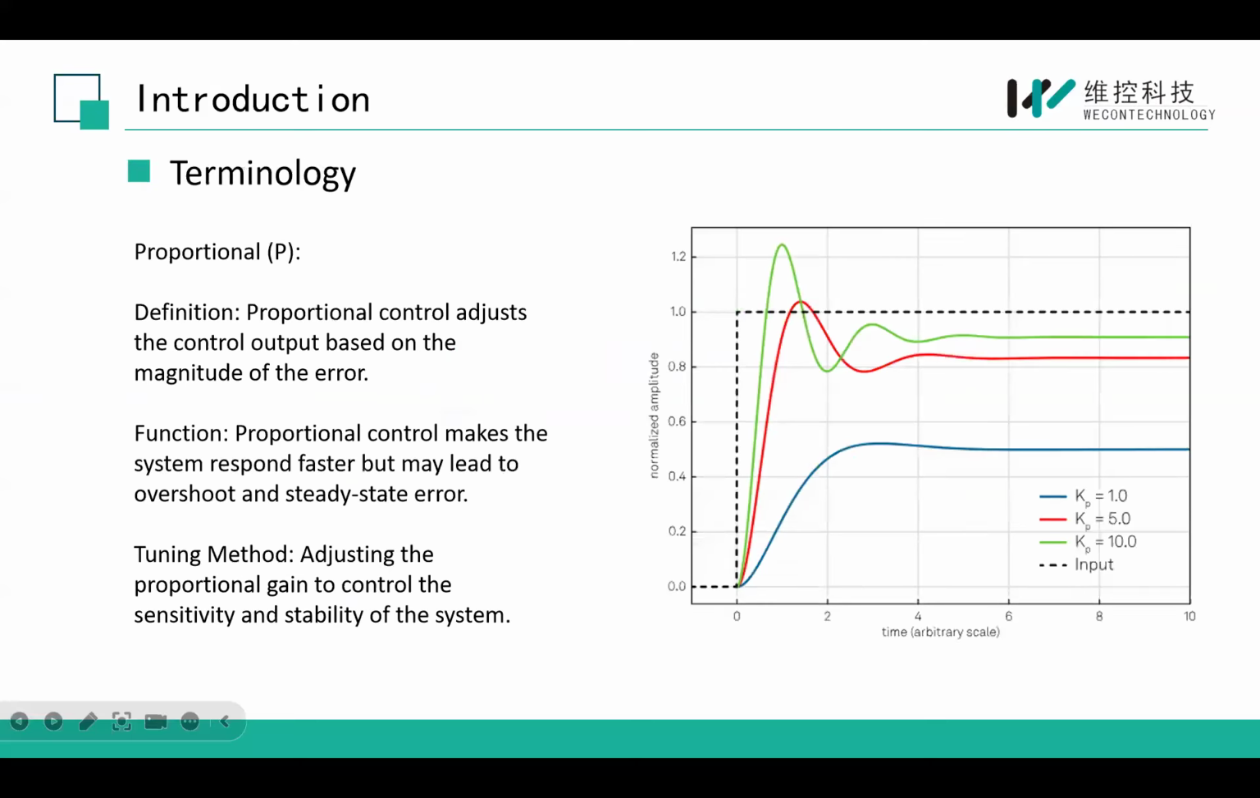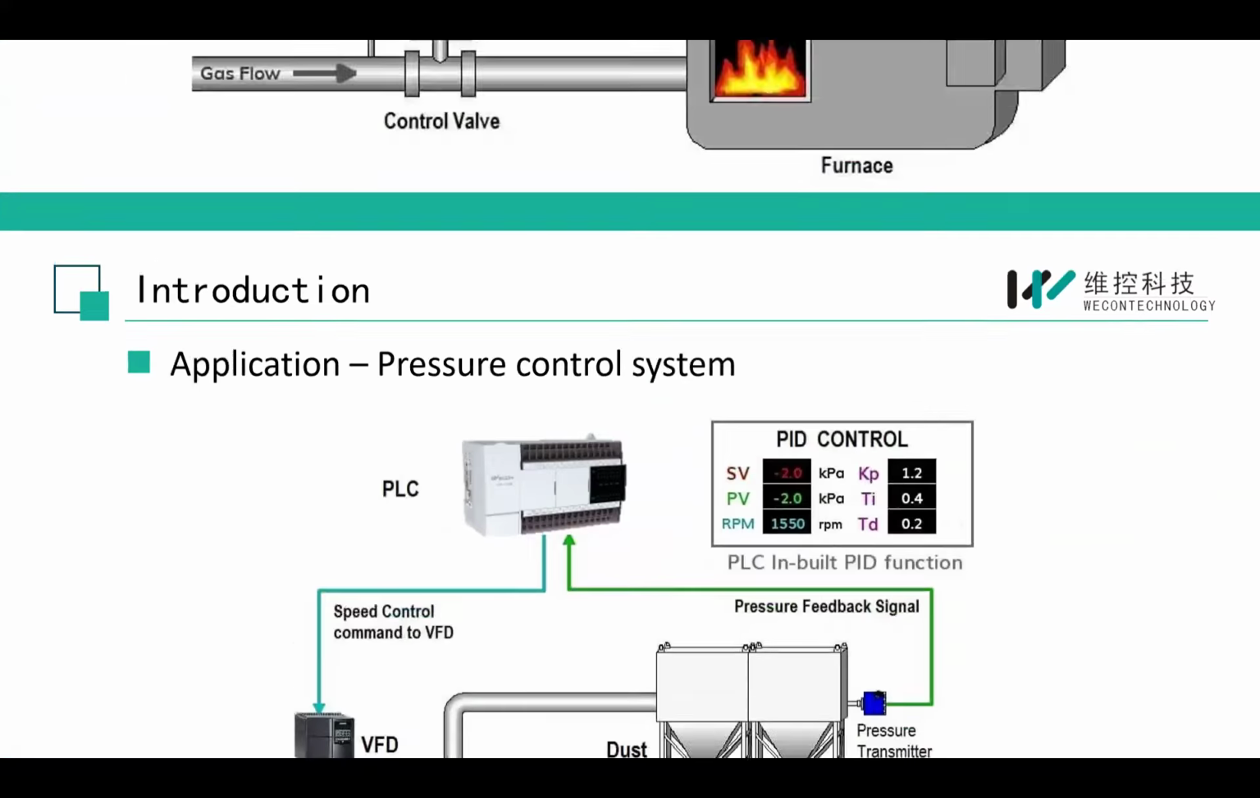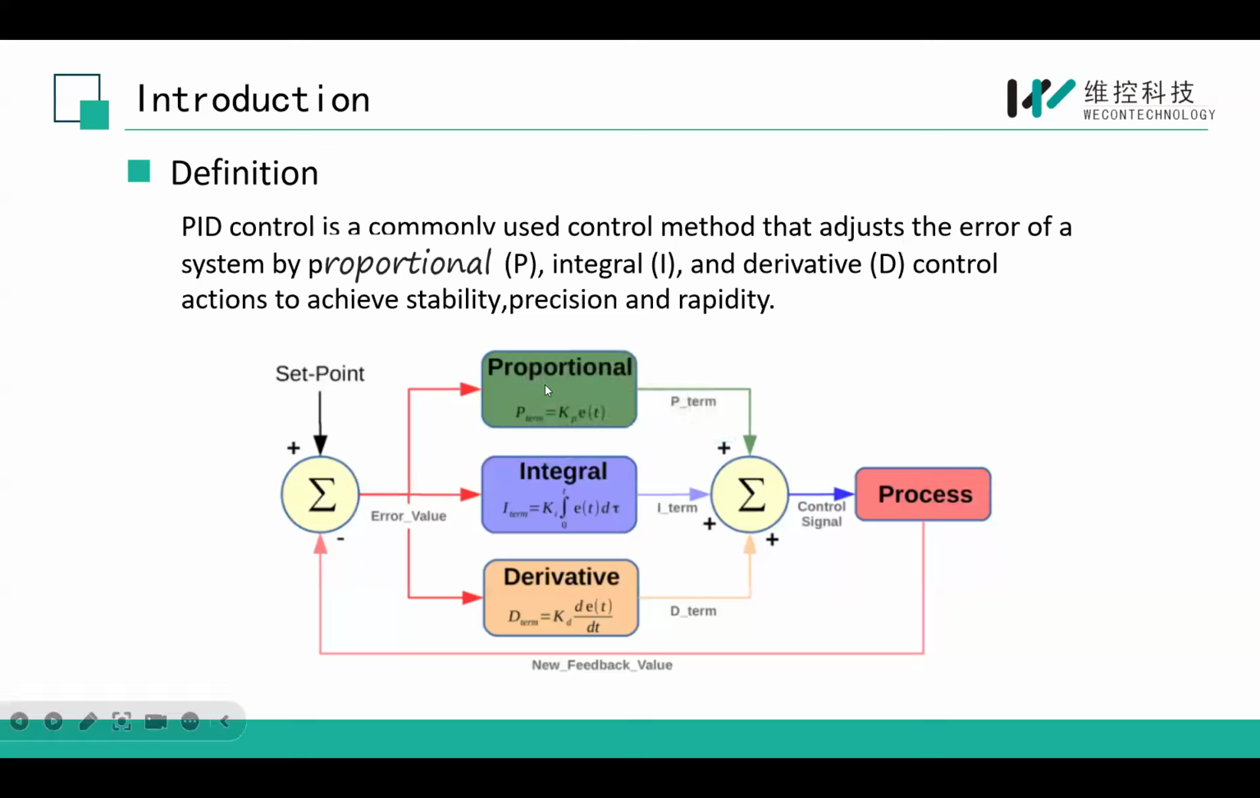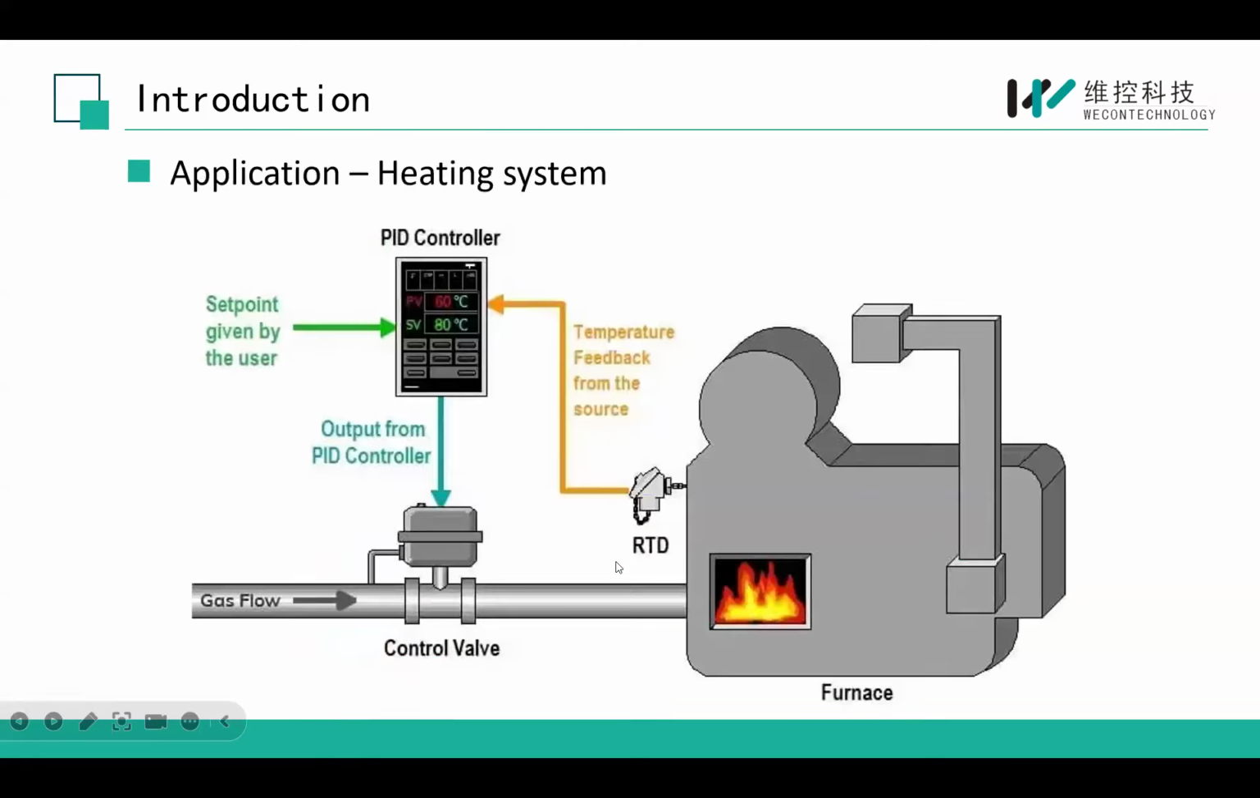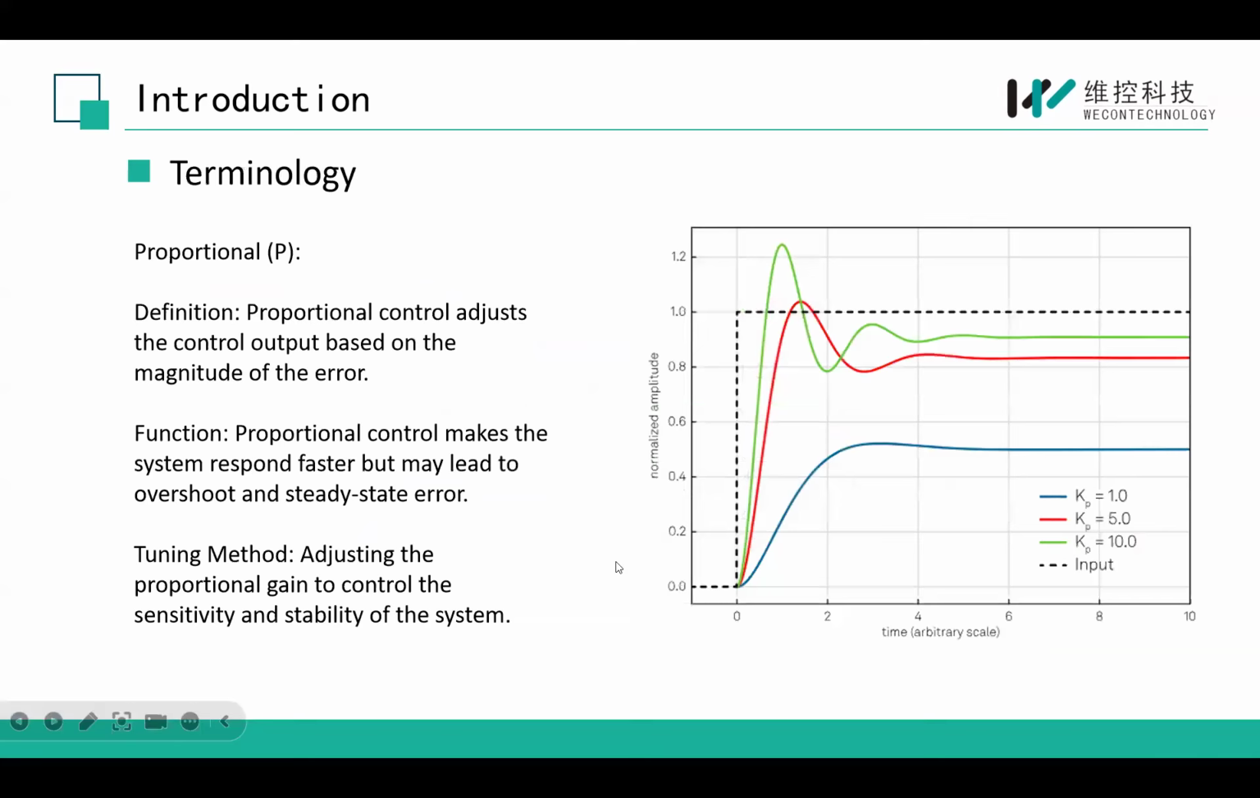Okay, because there are three important parameters, proportional, integral, and derivative, let's introduce them one by one. The first parameter is proportional. It adjusts the control output based on the